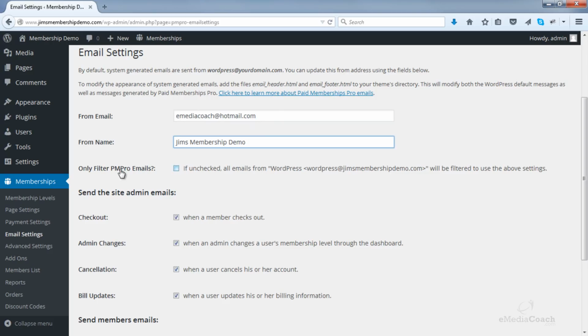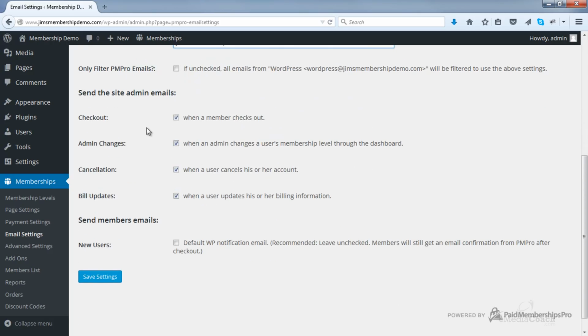Now leave this checkbox unchecked. Leave all of these as default. For example, checkout. When a member checks out, we want to send the site admin emails. We want to be notified when a user's membership level has changed, or when an admin changes a user's membership level, when a user cancels their account, or when there's a billing update.